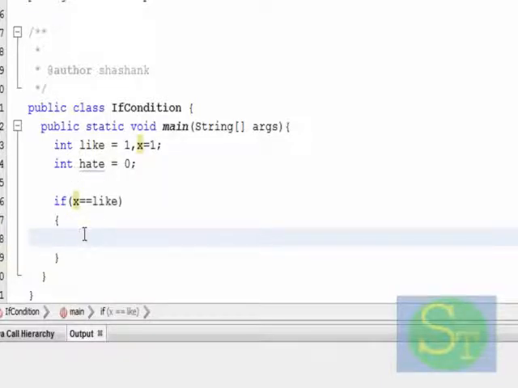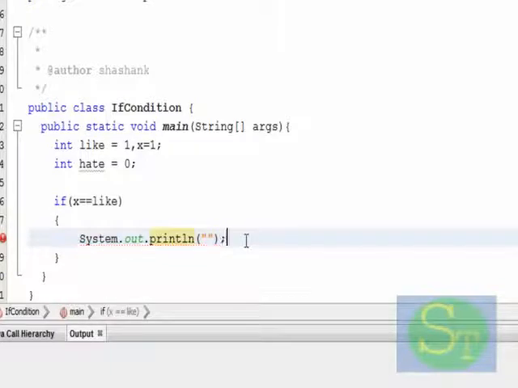Let's see system. So here we will print some value. So here if like equals to 1, obviously, these are both 1.